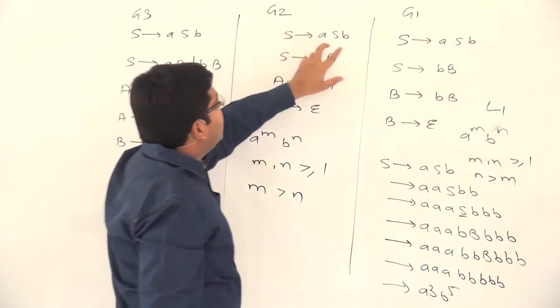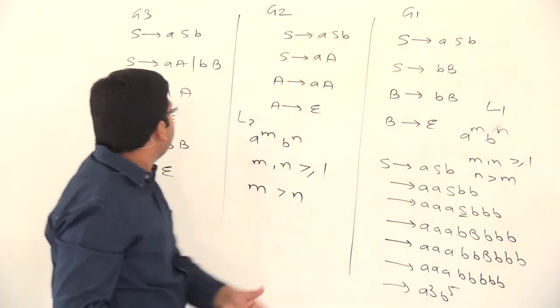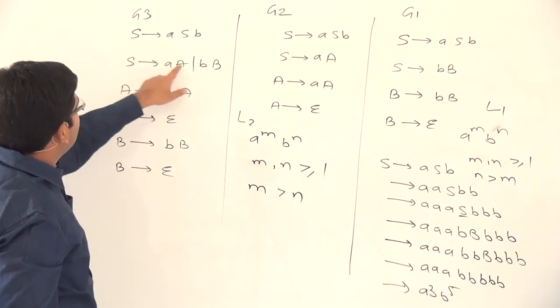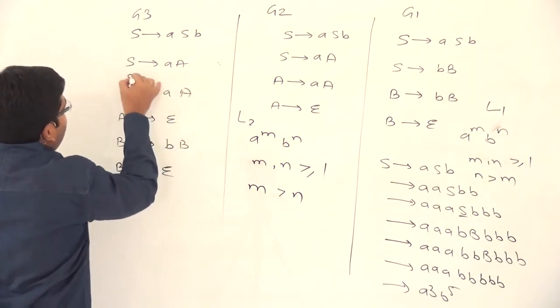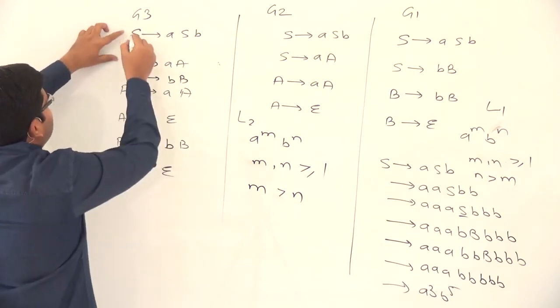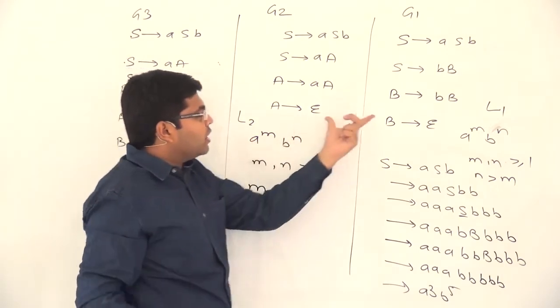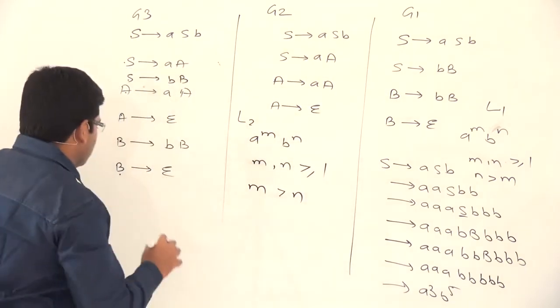So one production is common, 3 plus 3, 6 productions are uncommon. If you count the number of productions here, 1, 2, 3, okay, I will write this production separately. S produces BB, then the total number of productions will be 1, 2, 3, 4, 5, 6, 7. What does that mean? That we are taking the union of productions belonging to G2 and G1, and therefore the